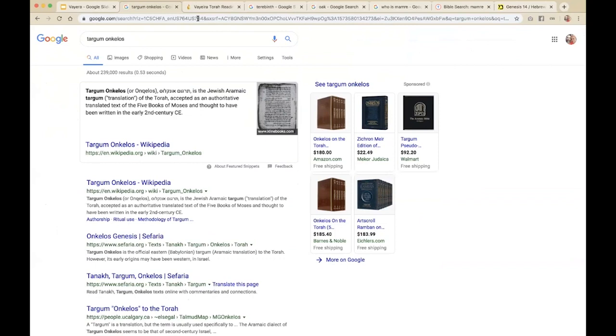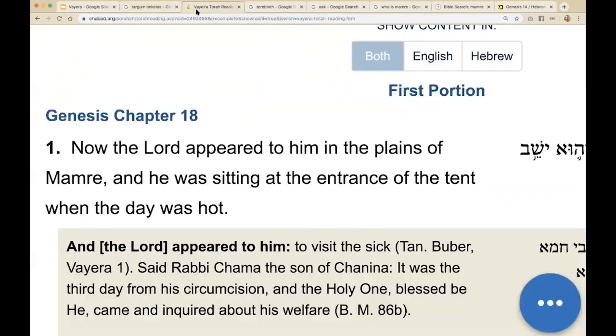And this is one of the places. So the question is, why here does Onkelos not give a literal translation? Why does he instead give an interpretive one? And the answer is because